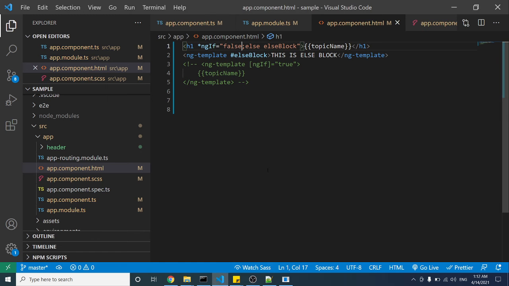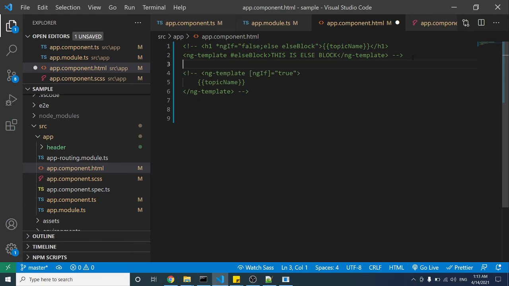Okay, and we can wrap this into a simplified form with the help of ng-container. We can convert these two lines into a more simplified manner. So let's comment the above two lines and take ng-container. ng-container acts as a host element to the HTML elements. We'll see more about this ng-container while we are discussing the ngFor directive. Okay. So for this ng-container, we apply ngIf equal to true,